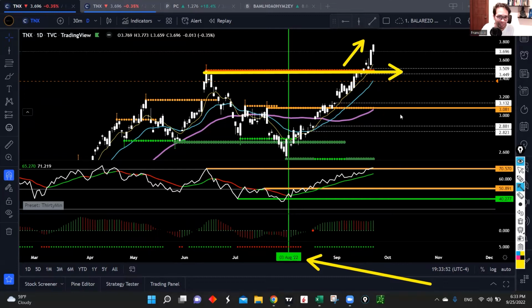Now, this does not mean that we have a sell signal in the TNX, but as you can see right here in my trend oscillator, usually when we get to the 70 and above level, that means that we have a very, very extended market in terms of momentum. When we have a very extended market in terms of momentum, we usually see a pullback of some sort. That doesn't mean that the trend is over and we have a sell signal in the TNX,